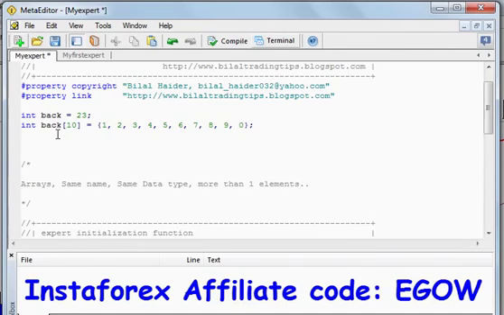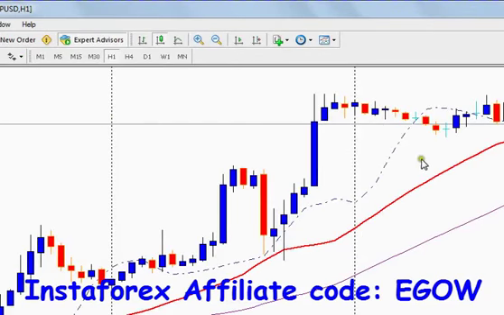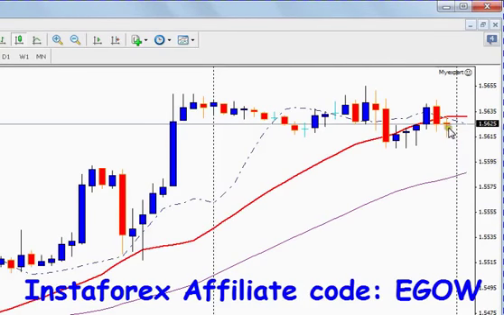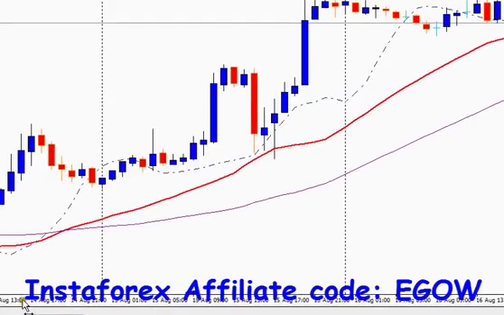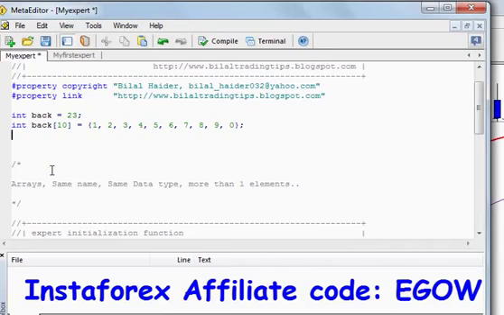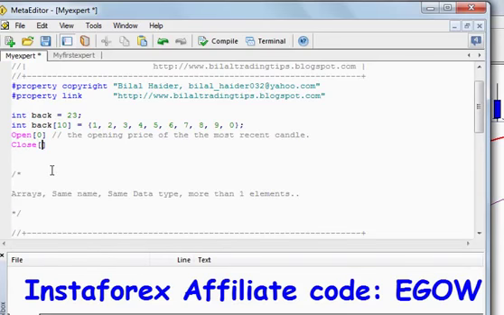Arrays are used everywhere. For example, if we wanted to know about the high, low, open and close value of this particular candle, we can know it by just writing open 0, and that will give us the opening price of the most recent candle, close 0, that will give us the close price of the candle,